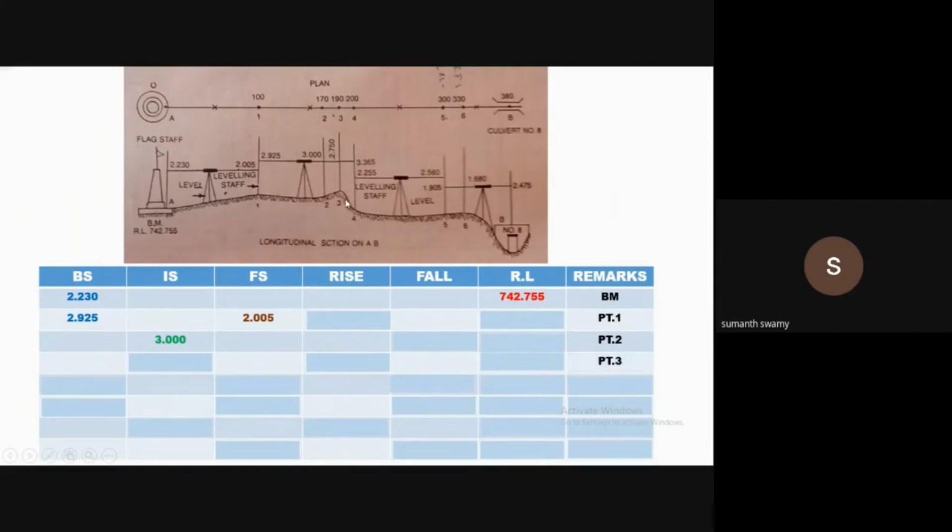And to point 3, the reading at point 3 is again entered in the foresight. Next point 4. Since point 4 is the last point in which the reading is taken from this instrument station, that will be entered in foresight column. Okay, so once again the station is shifted to the next point. The staff remains at the same position. Therefore, when you take a reading from shifting the station to point 4, it becomes backside, isn't it? Therefore, in the same row on the backside, it is entered.